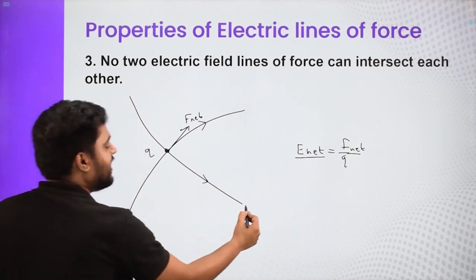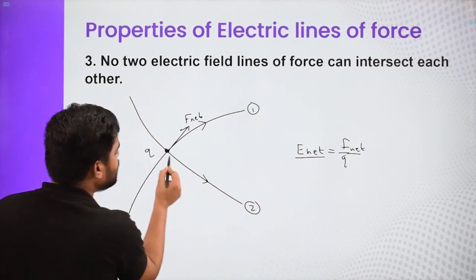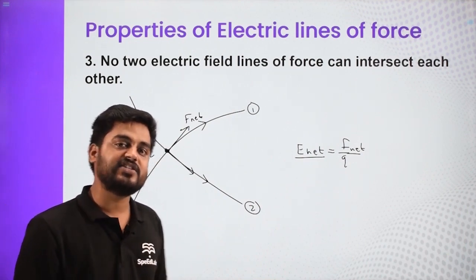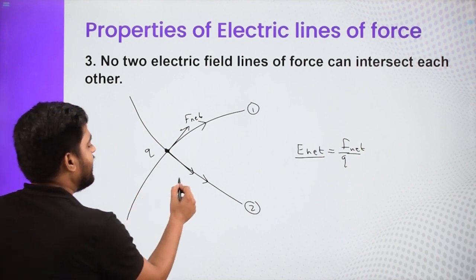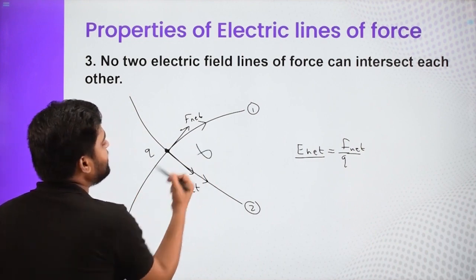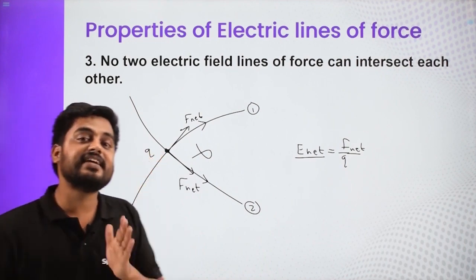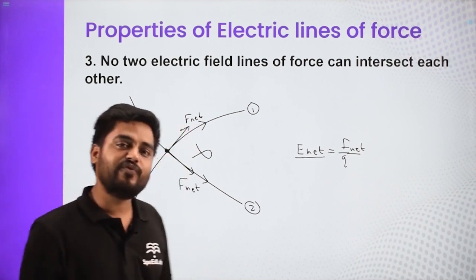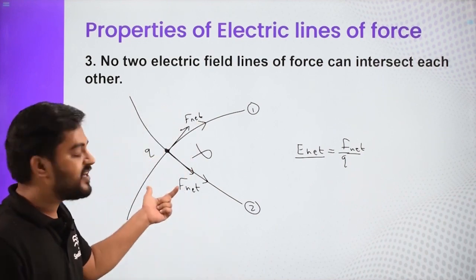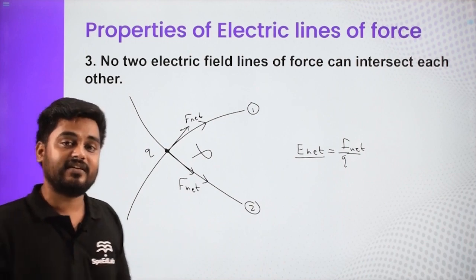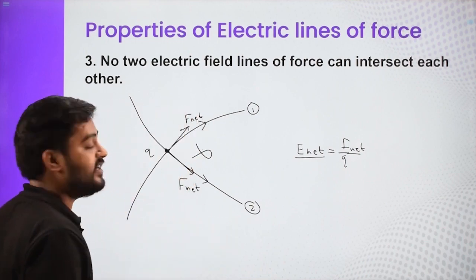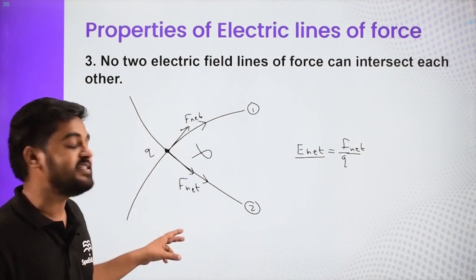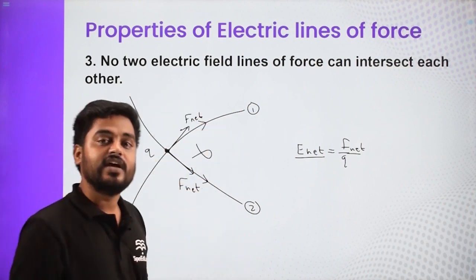And as per our field line number 2, the net force should be in this direction. So a positive charge experiences force in the same direction as the direction of the electric field line. And now this situation is not possible because a single charge at a single time cannot experience 2 net forces. They might be individual forces and we can find the net, but as per the situation, both of these have to be net electrostatic force, and at a single point there can't exist 2 net forces, and hence we will say this entire situation is not even possible.